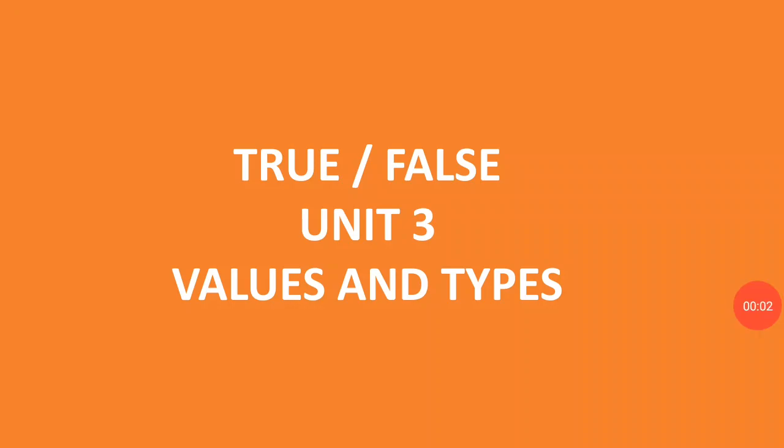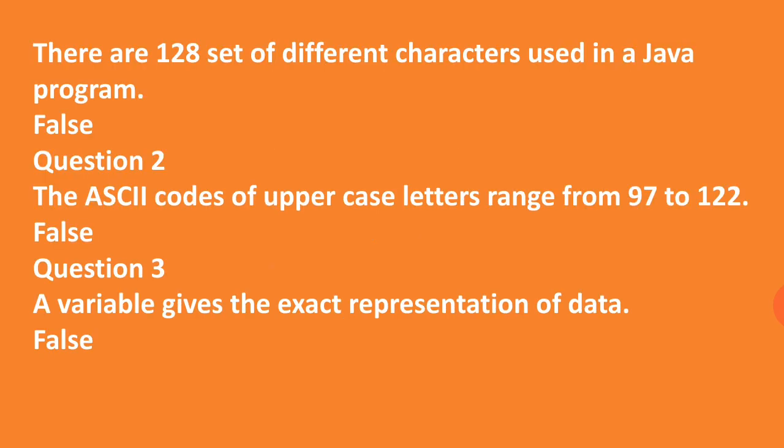So students, in this video I'm going to tell you and discuss the true and false of unit 3, that is values and types. Now the first one: there are 128 sets of different characters used in a Java program. So it is false, because a very important thing you have to keep in mind is that Java has the Unicode character